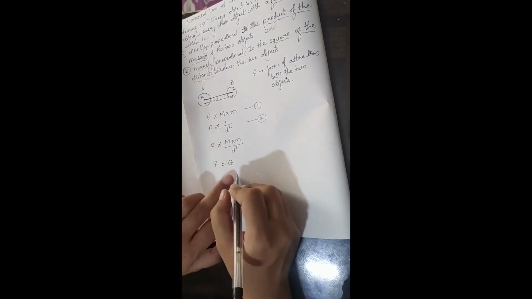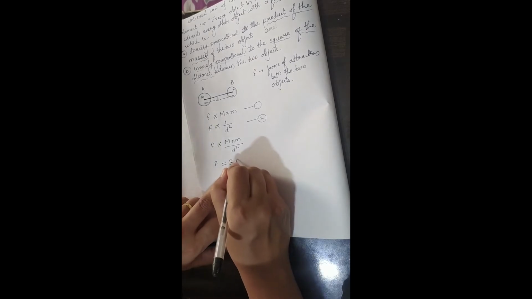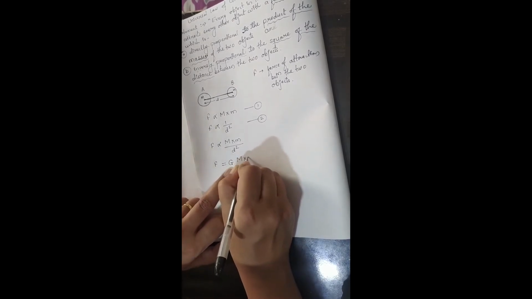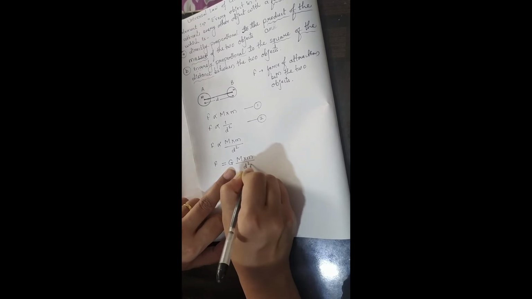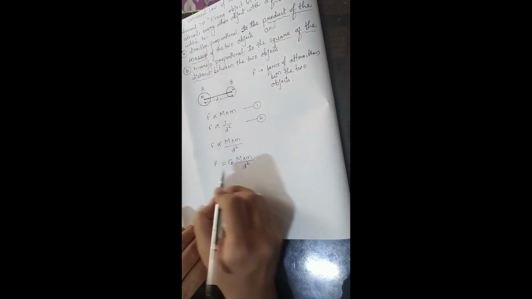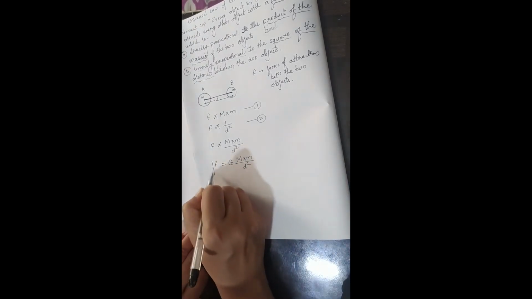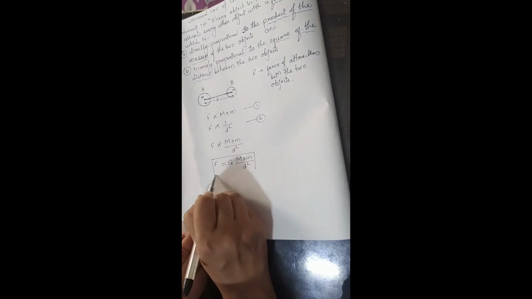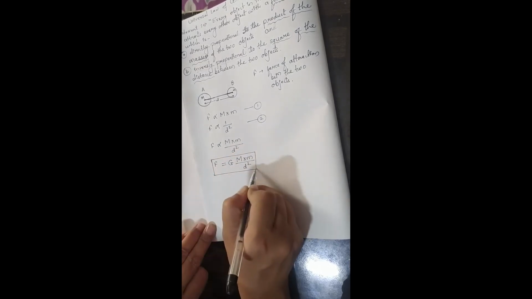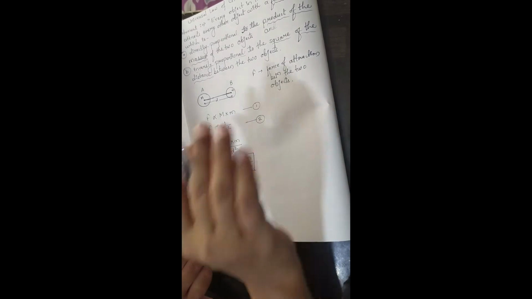Here we have this capital G as a proportionality constant. Now this is the equation for the universal law of gravitation,